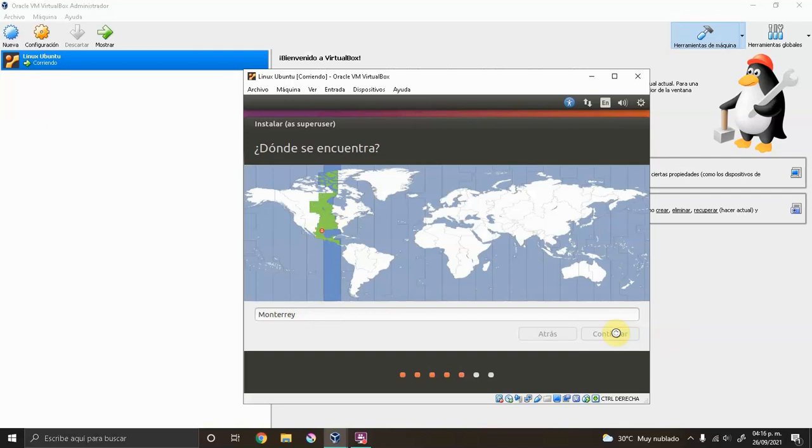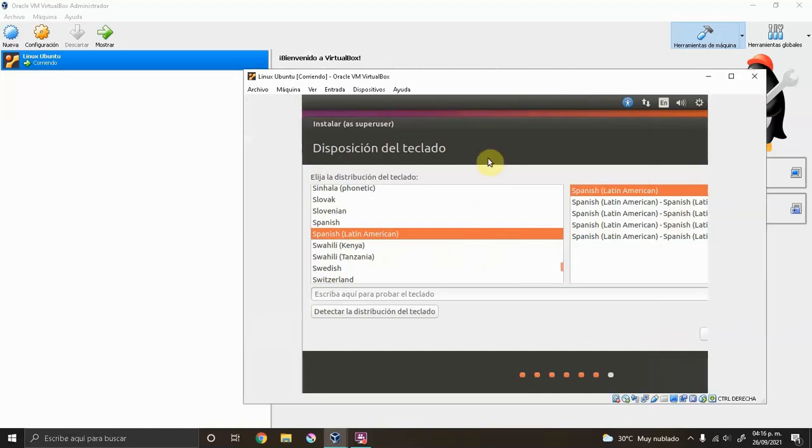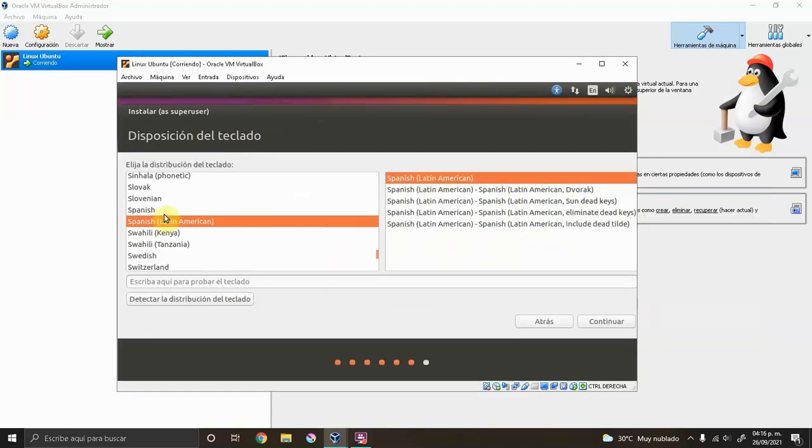Click on continue, and this is the language of our keyboard. I'm going to choose Spanish Latin American, but you can choose other options, and this tab is to try the keyboard. It's okay. When your keyboard is okay, click on continue,